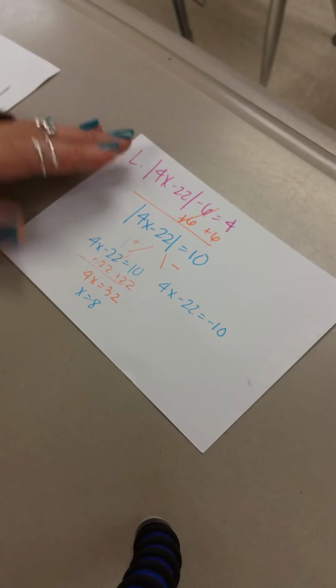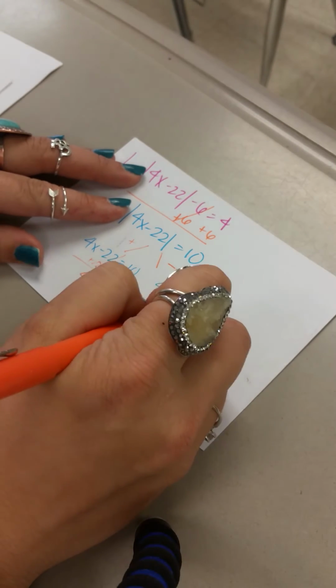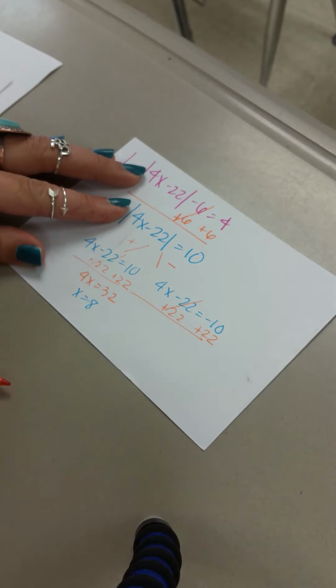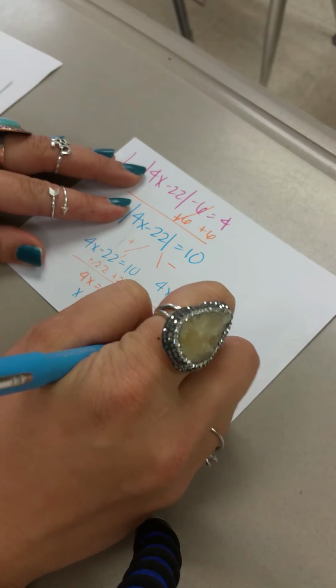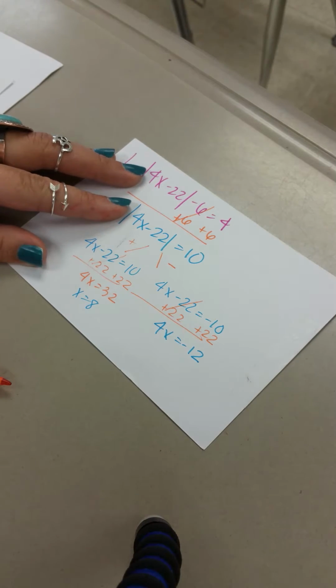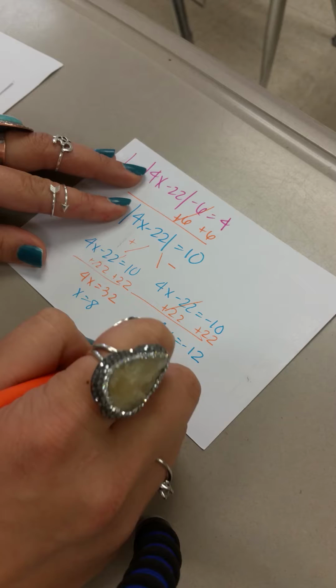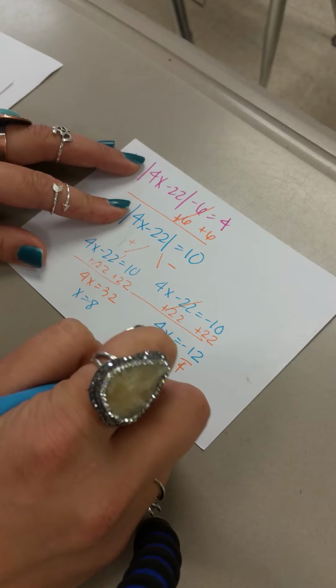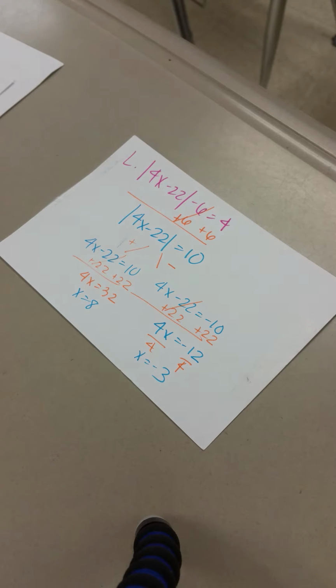Now, let's go over here to the right. We're going to add 22 to both sides, and -10 plus 22 gives us 4x equals -12. From there, we divide both sides by 4, and x equals -3. We do have a -3 on our number line, so we're going to fill in L